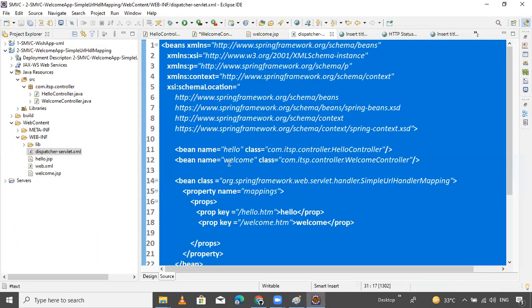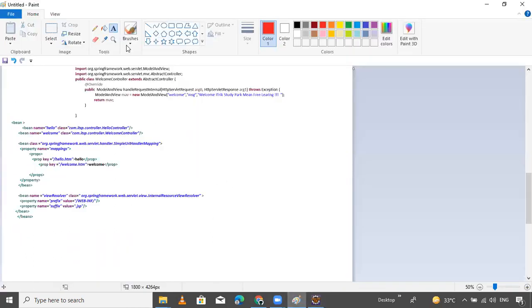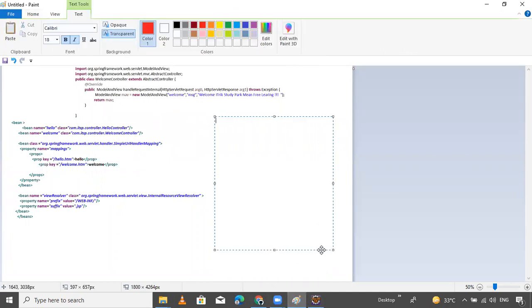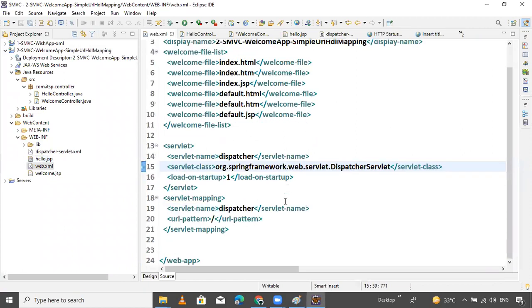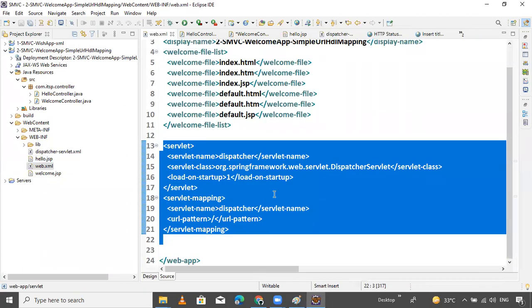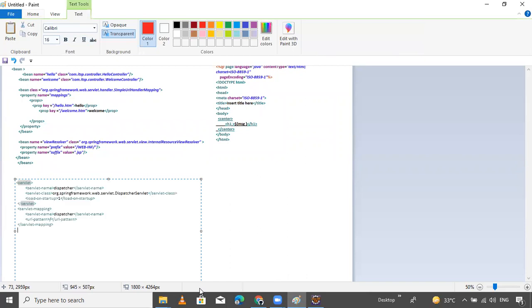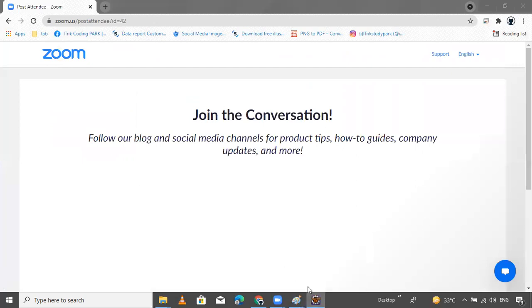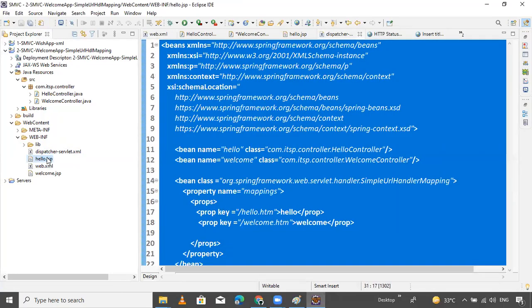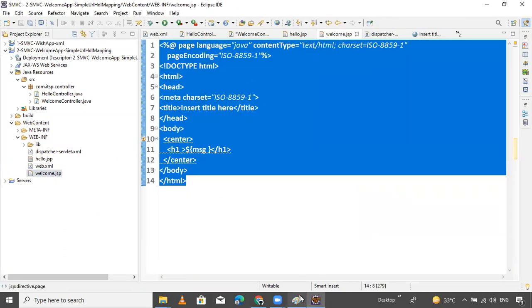Now next, many of these are the same, guys. The base package, probably bold. Okay. And the next page is the welcome.xml file. If you want, I will share it. Control C and paste it here. Control A, bold. So now DispatcherServlet is required. This is done. web.xml is done. This one is reminding us.